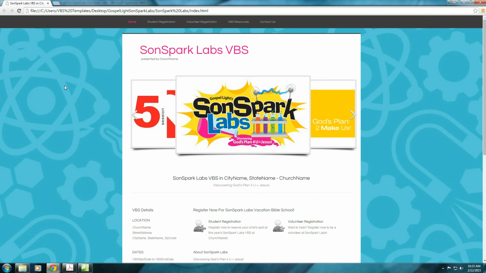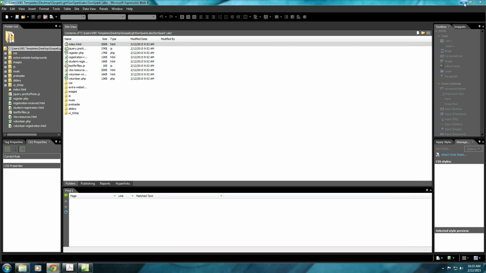Now the reason I want to show this to you is you can see here, see this word right here, it says church name. You'll see church name here. You'll see it again here. So our find and replace procedure looks for specific keywords and then replaces them with your church's information. So I'm going to minimize this, and I go right up here